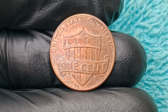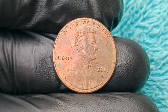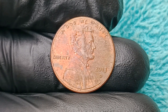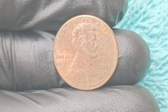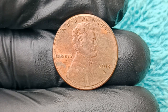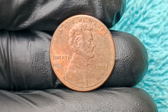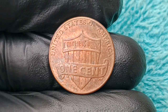And while mint officials have offered no public explanation for how such a mistake occurred, insiders believe the error may have originated during an experimental minting run when production lines were being recalibrated, allowing an obsolete or foreign die to be loaded into a Denver Mint press and used unintentionally before being corrected, with only a handful of error coins escaping into circulation unnoticed, making their way into the general public and increasing the odds that an ordinary citizen might unknowingly